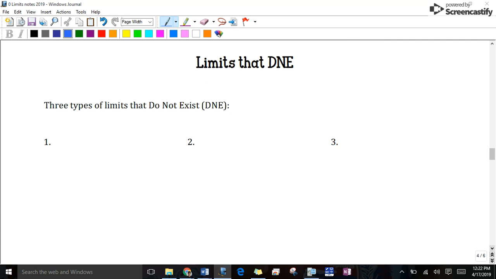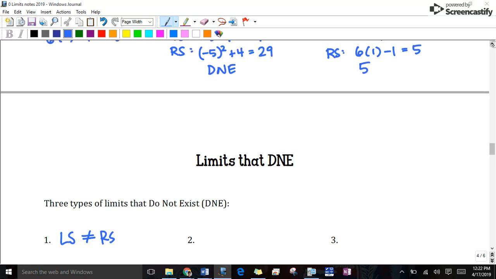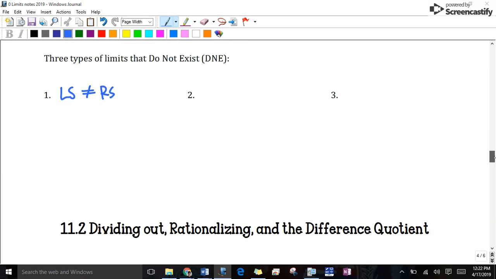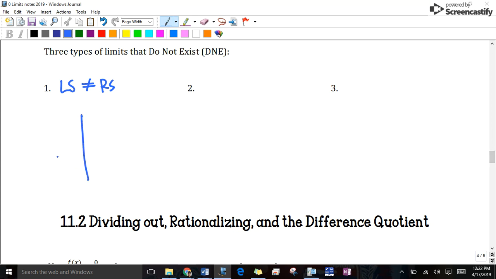We've already seen 2 of them, and that's when our left side limit does not equal the right side limit. We just saw that with our piecewise. Okay, so just to draw an illustration of that, could be something like, here's my graph. I think we saw this earlier, I had a function coming in like this, and then it came out just like that, right? So left side value does not equal the right side value,